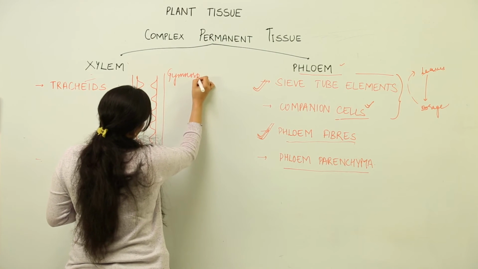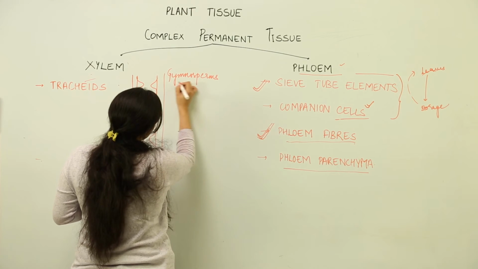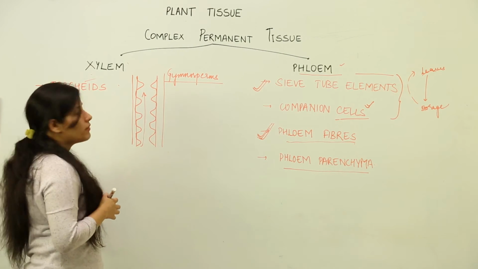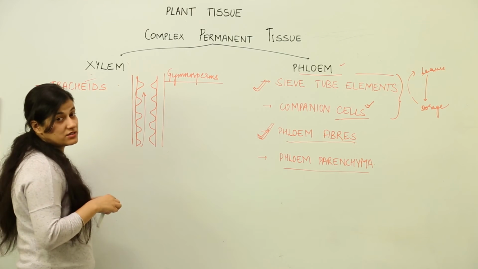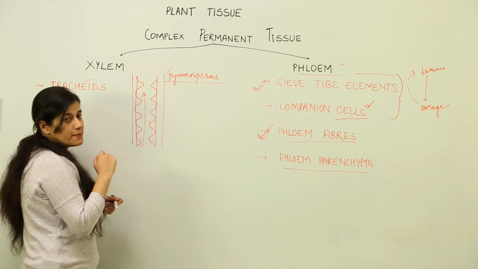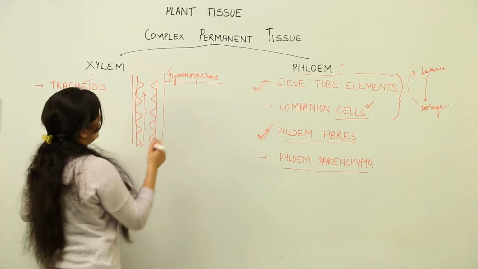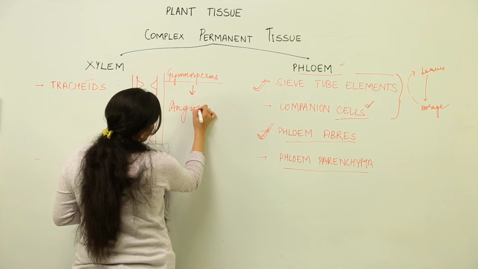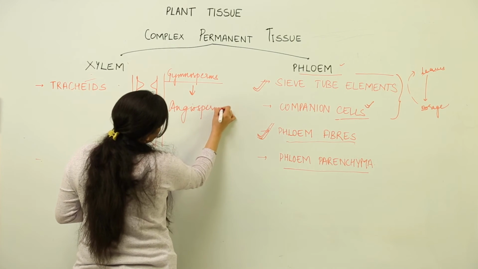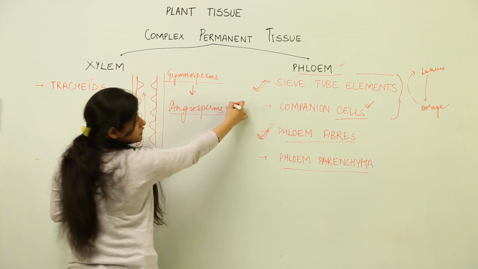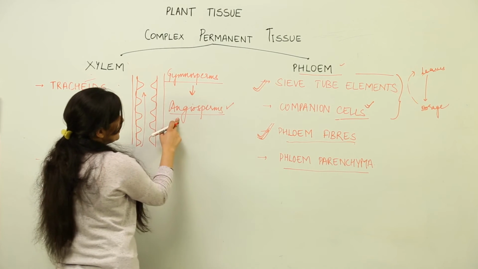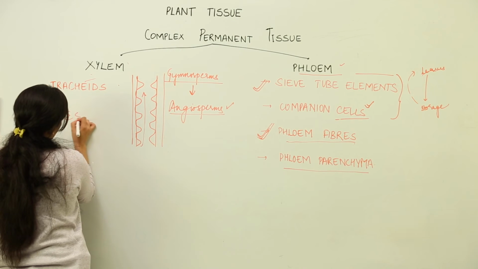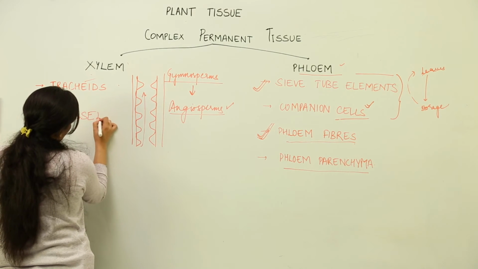You know what gymnosperms are? They are the plants which you usually find on your trek to some mountain, the Himalayas. You might have seen pines and all. They are gymnosperms. Now we have a better evolved classification, that is angiosperms. That means angiosperms are the topmost advanced plant types that we have around us. The flowering plants. These plants have tracheids as well as the second type of xylem cells, which are known as